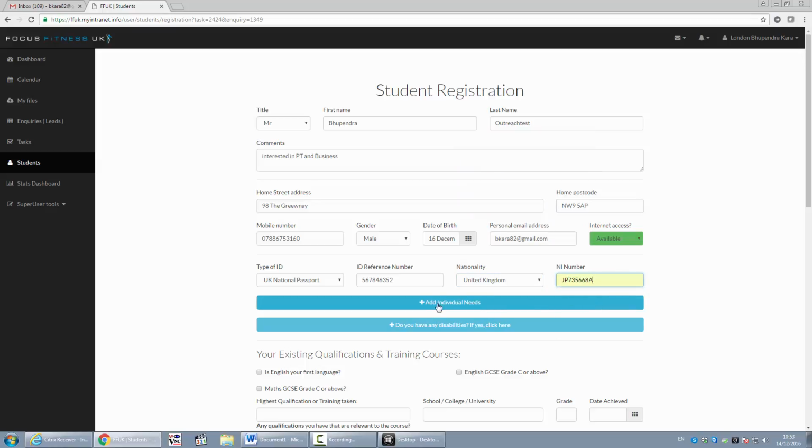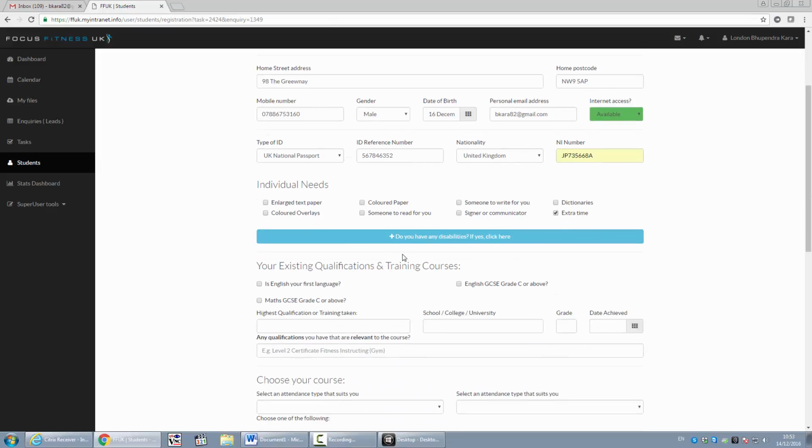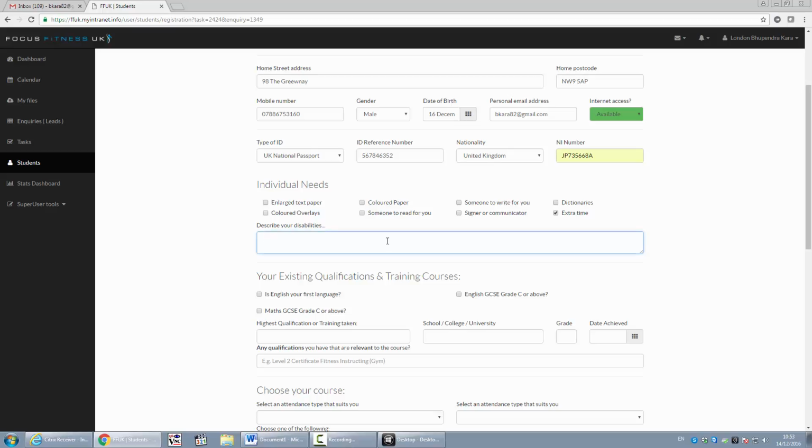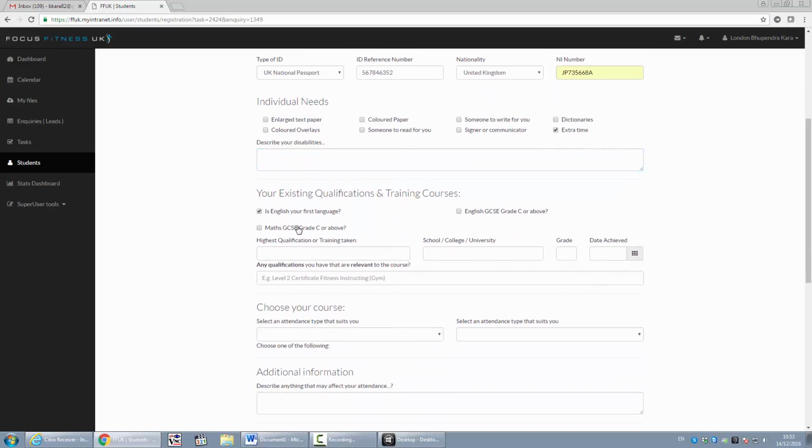If I need to add any individual needs, I just simply hit this button, and I can basically say I may need extra time during the examinations, for example, or do I have any disabilities? Again, I can just list the disabilities here. We carry on filling these out. I'm just going to take information that I've put in from before,